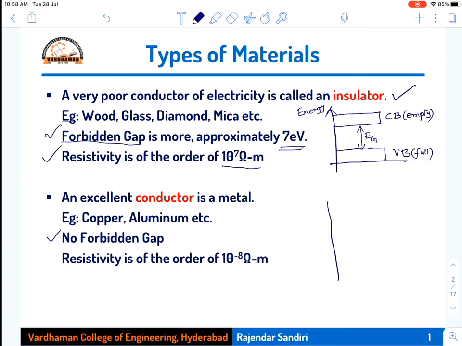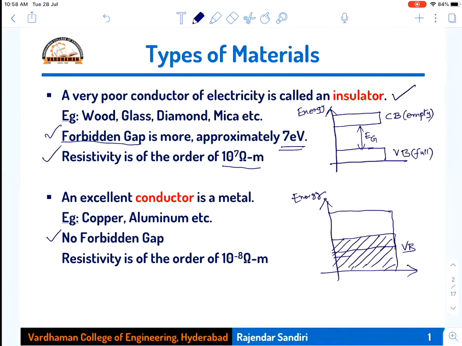How can we draw that energy band diagram? The energy band diagram of that conductor is, suppose you take this as energy states, and this is your valency band. I will draw it with shade like this. This valence band is full of electrons anyhow, but the conduction band is also overlapped into the valency band. I'll just show the filling in the other direction, so that this shows you that overlapping.